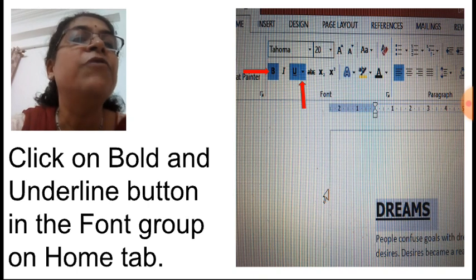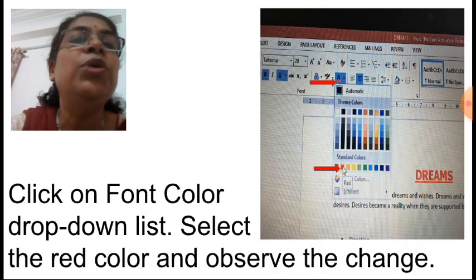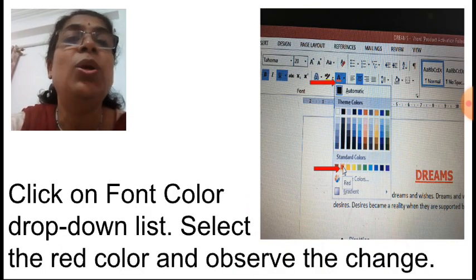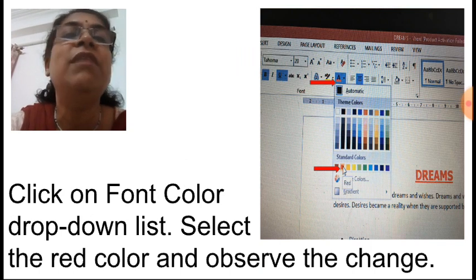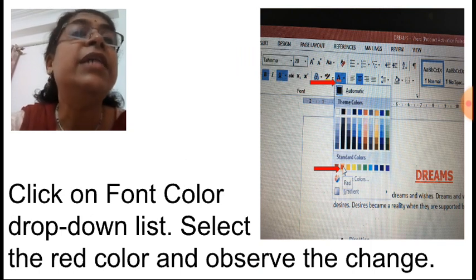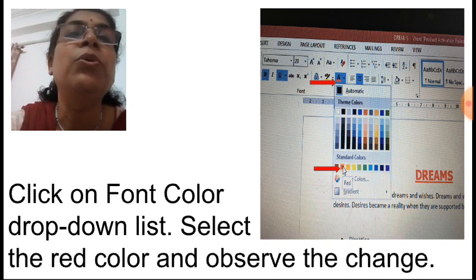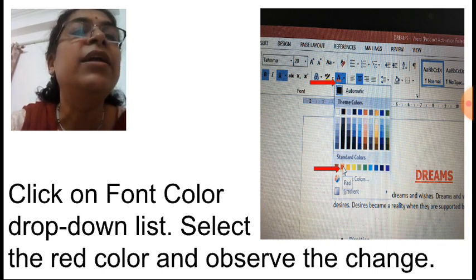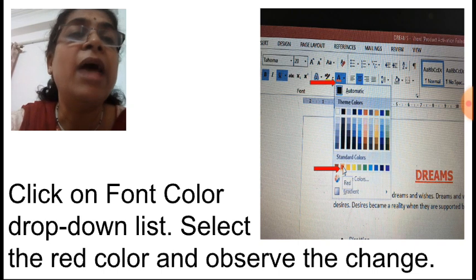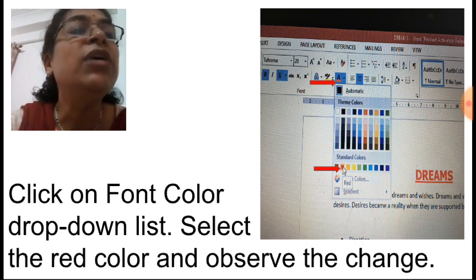Correct. Now some more effects we want to give for this as color. Okay, font color option, again it is available in the font group itself, home tab, font group. See, alphabet A having color strip at the bottom. Beside that one downward arrow is there. You have to click on that downward arrow, means a color palette will come in front of you, and out of that we have selected the red color. It is shown with the red arrow here, and can you see on the screen?